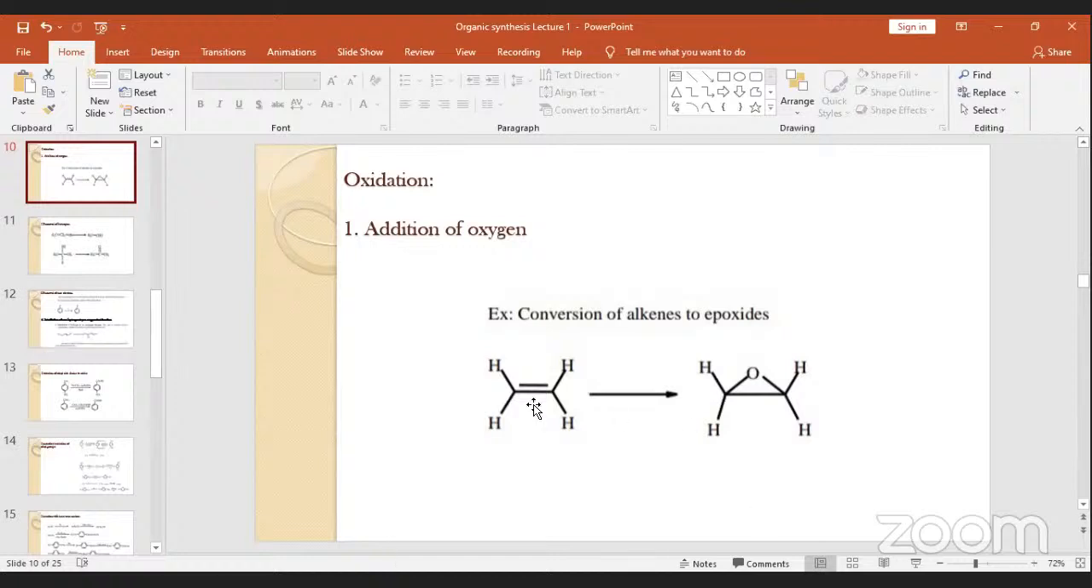And I forgot to tell you one thing. It is a stereospecific reaction. It is cis epoxidation. You will get cis epoxides. For example, if this hydrogen is replaced by methyl, and this hydrogen is replaced by methyl, you will get the cis epoxide, here CH3 and here CH3. If you take the corresponding trans compound, you will get a trans derivative. Okay, addition of oxygen, and next